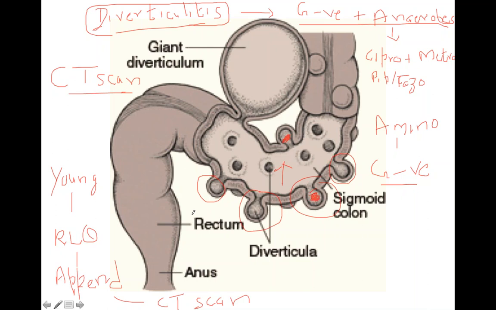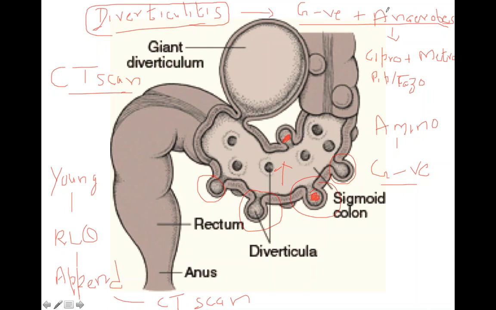So the patient has diverticulitis. An older patient, 65, 70, whatever, comes to you with acute abdominal pain in the left lower quadrant. The first step is a CT scan, and once you diagnose diverticulitis, you give the patient antibiotics which cover gram negative and anaerobes. Colonoscopy is contraindicated. If the patient is young and has right lower quadrant pain, then it is appendicitis, and the test of choice is also CT scan. I will come to that. So that's for diverticulitis and diverticulosis. Clear?